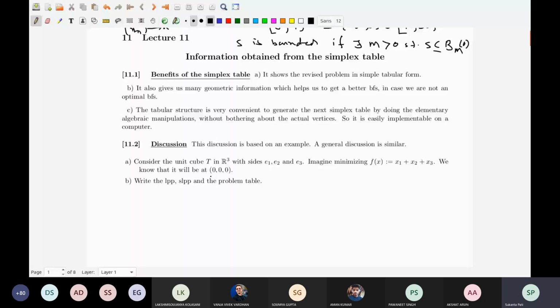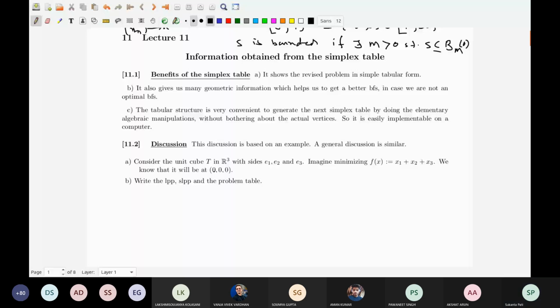Also, the tabular structure is so convenient that it is part of the simplex algorithm that is practically implemented. Okay, so these are the three regions, and whatever discussion we are doing here, a general discussion is very similar. So we can write theorems with proofs based on the same arguments. Okay, so